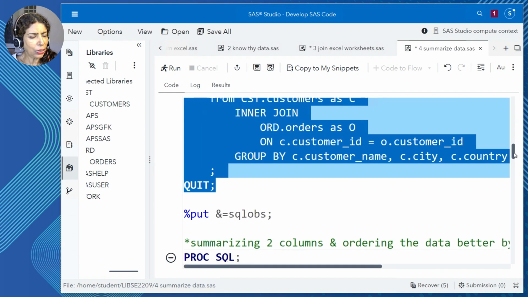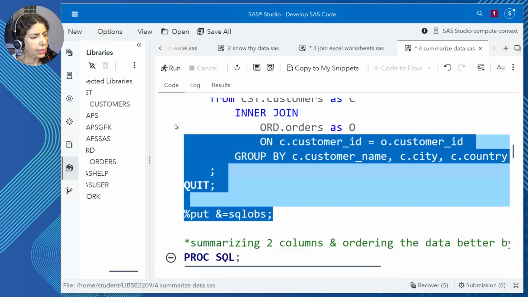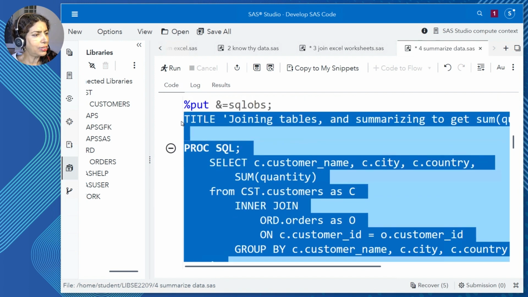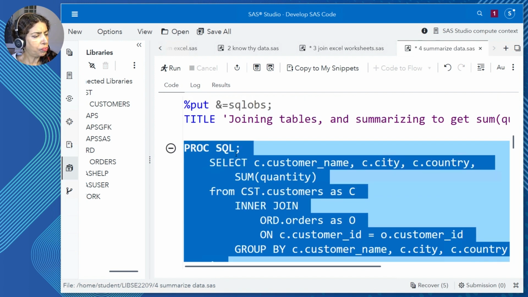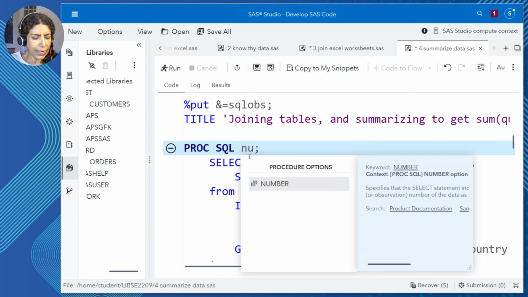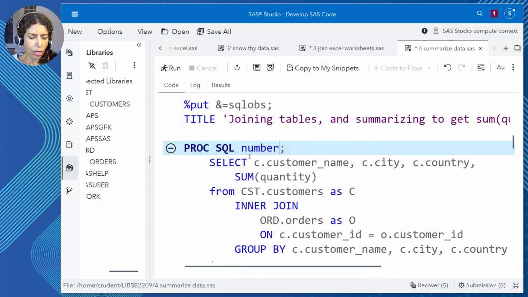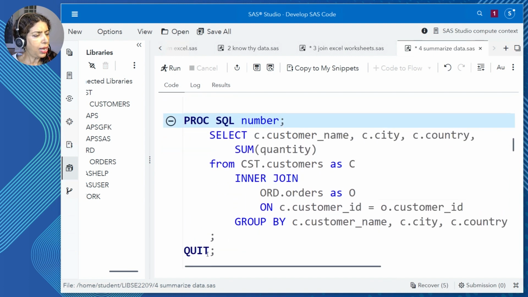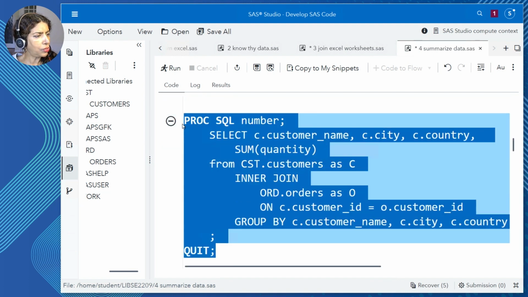And now let's go ahead and submit this code. And I'm also going to include in this selection the SQL OBS. I'd like to see the number of rows. Actually, let's toss in an option called number on the proc SQL statement. So right away, I'll see how many rows I have.